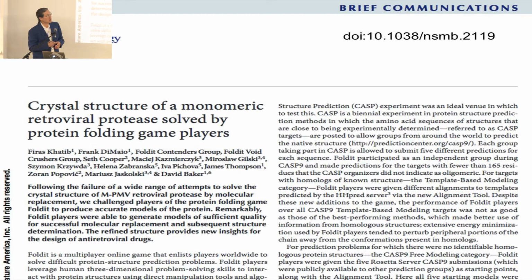And what's interesting, especially about Foldit, is that groups of people can cooperate on the task. They can share partial solutions, they can share techniques and ideas. And you'll notice that on the paper announcing the solution, 2 of the authors are these groups from Foldit, the Foldit Contenders group and the Foldit Void Crushers group. So they're actually credited as part of the project. So that, I think, will give you a sense of some of the different kinds of citizen science projects out there. There are other ones I'll talk about a bit later as well.